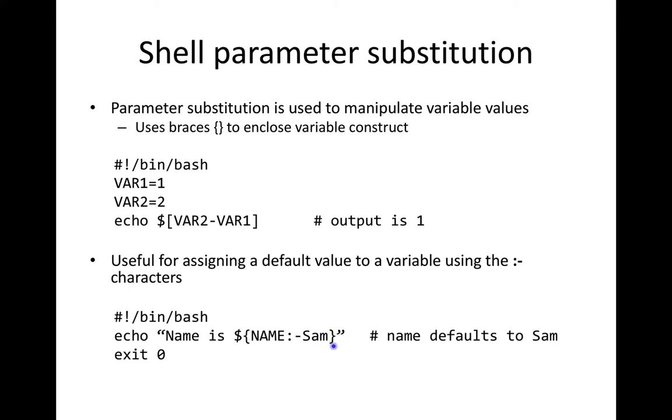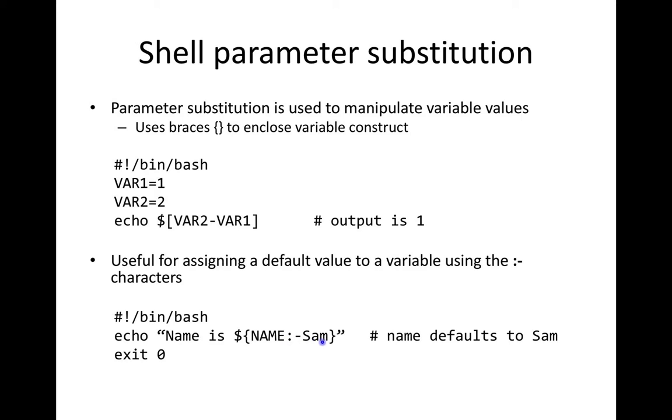Remember, this is a way to sort of fence off the value of a variable from surrounding text. In this case, we're also using it for parameter substitution. So you see the name of the variable, which is just name, and then you see the syntax